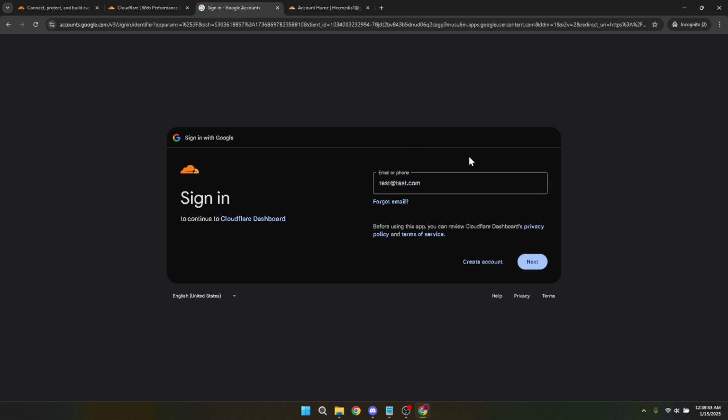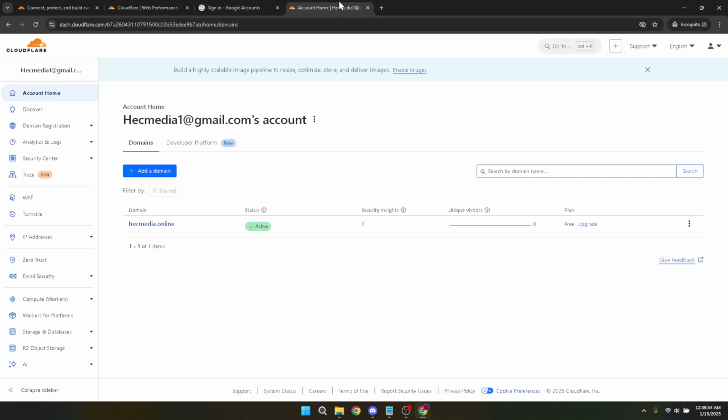After successfully logging in, you'll notice your profile photo located at the top right corner of the screen. Clicking on this will reveal a drop-down menu where you'll need to select My Profile. Your profile page is the gateway to various personal settings and options, including API tokens. Next on the list is accessing the API tokens section, which is crucial for creating our API key. Once you're on your profile page, scroll down until you see the option labeled API tokens and click on it.